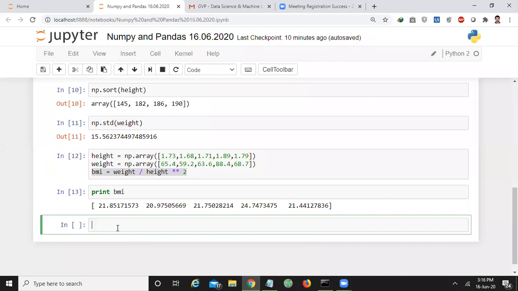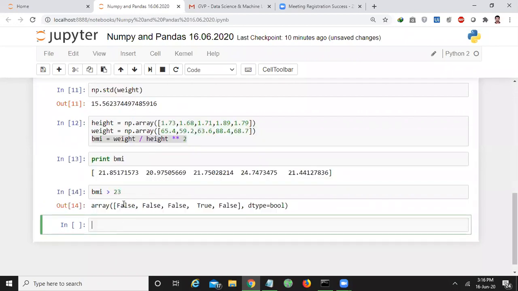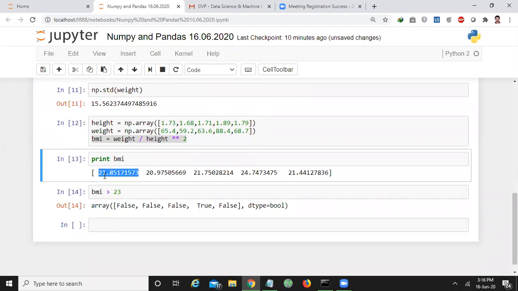For example, if I want to check whether the person's body mass index is above 23 or not, then what you will get here is a Boolean array like this. For example, the first person's body mass index is 21.85171573.